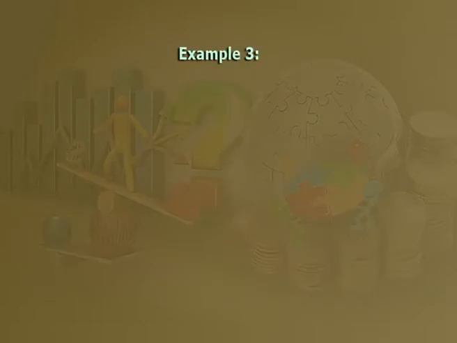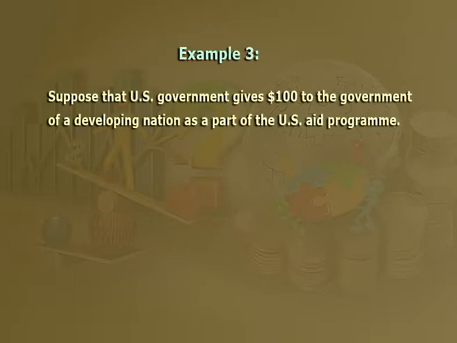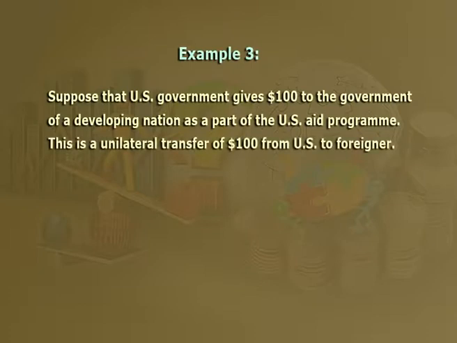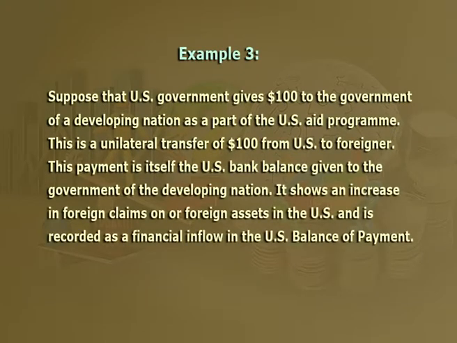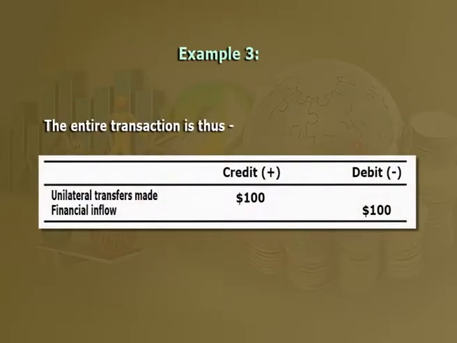Now let us take the third example. Suppose that the US government gives $100 to the government of a developing nation as part of a US aid program. This is a unilateral transfer of $100 from the US to foreigners. This payment is itself made from the US bank balance given to the government of the developing nation. It shows an increase in foreign claims on, or foreign assets in, the US and is recorded as a financial inflow in the US balance of payments. The entire transaction is thus